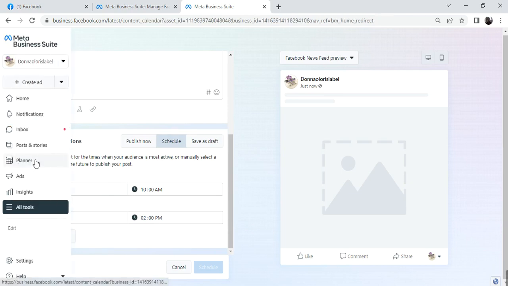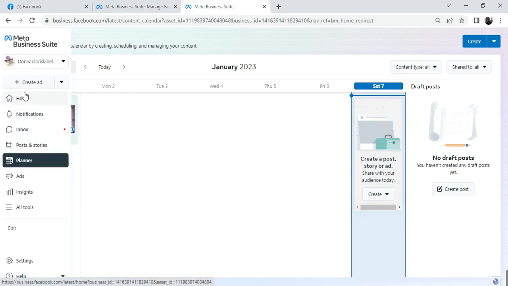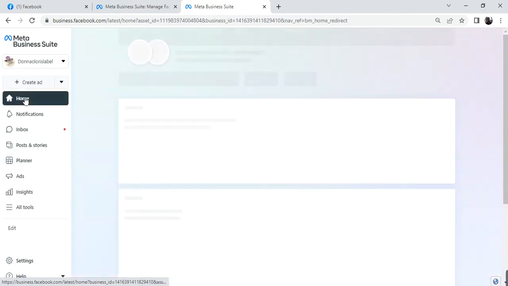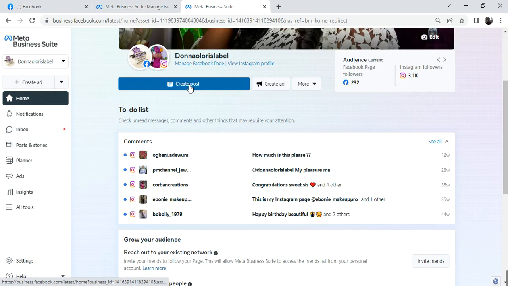So use this tool. It is a very, very amazing tool that you can use to set your content calendar for a very long time. All right, so let me just go back to post, and that's for the home. And I told you you can actually create posts from here. So if you click on create post,